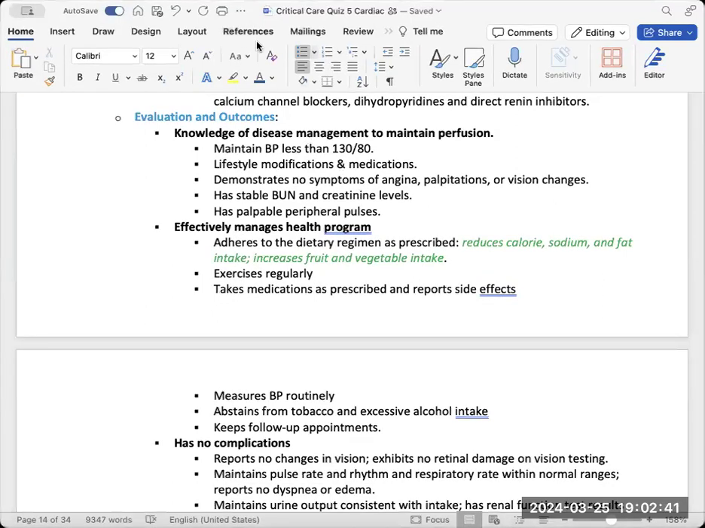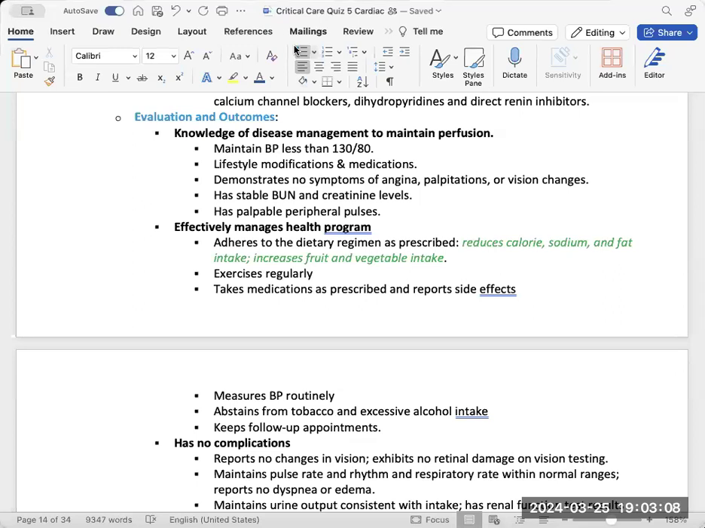And something else that I want to mention for hypertension is that hypertension affects four major organs: your heart, your brain, your kidneys, and your eyes. So we really want to make sure that we assess their BUN and creatinine levels to assess their kidney function. They can have retinal hemorrhage, so they should have yearly eye exams. They can go into a cerebrovascular disease or have a stroke or TIA, transient ischemic attack, as a result of